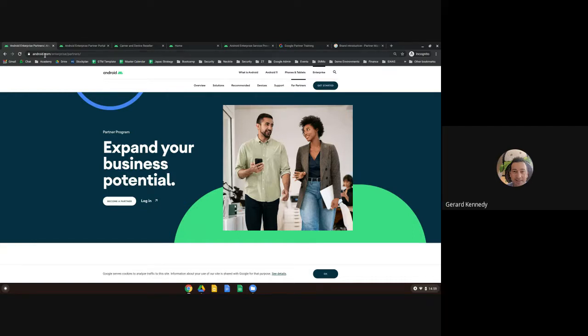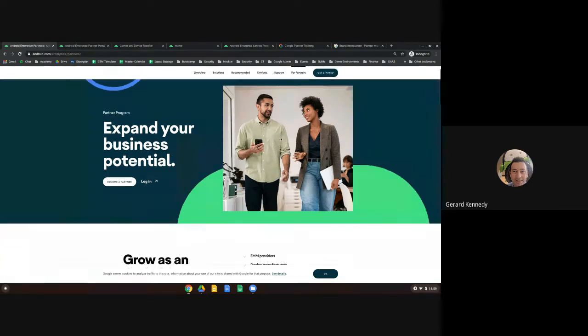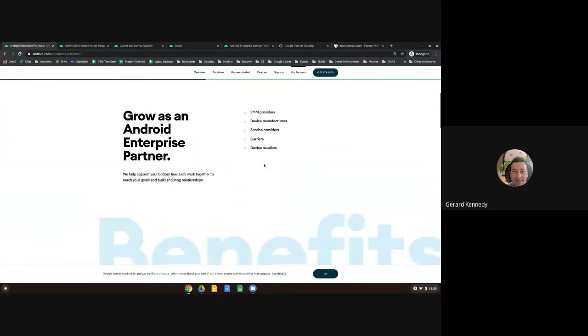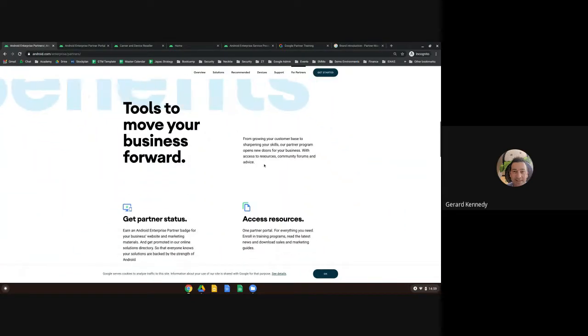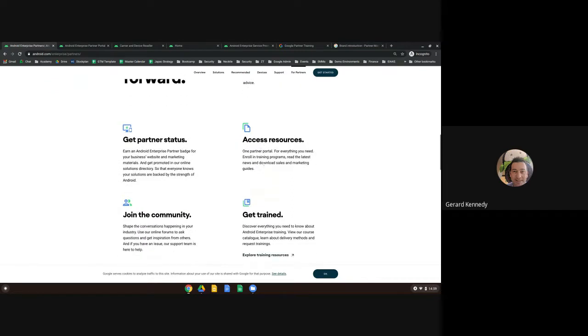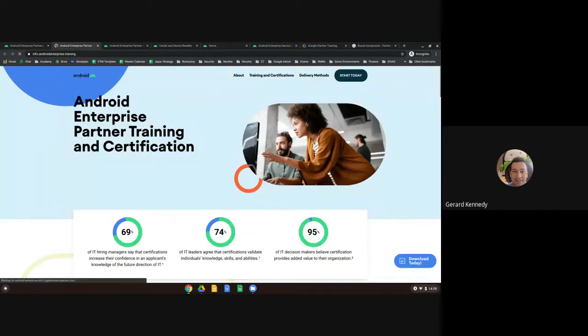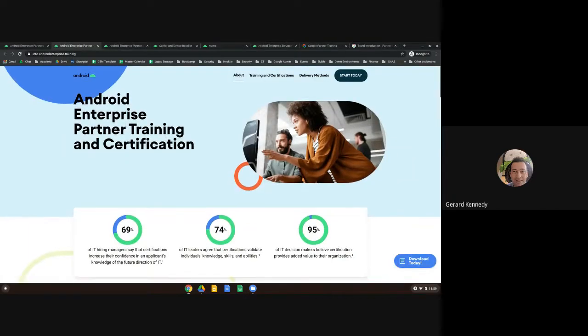So if you go to android.com/enterprise/partners or go straight here off this link here for partners, in here it tells you a little about what the program is and why, who it's designed for, what benefits you get, and there's also a link here. We've actually just launched this new site. Nikki's team put together a new site, which is the training resources site, and this is pretty awesome because it talks about everything to do with Android Academy,